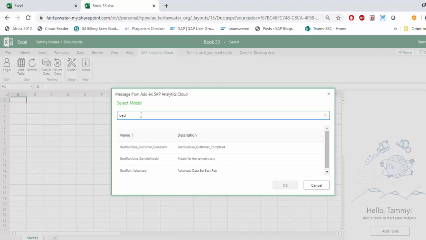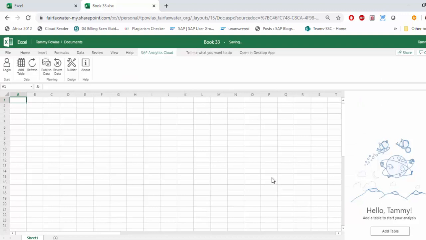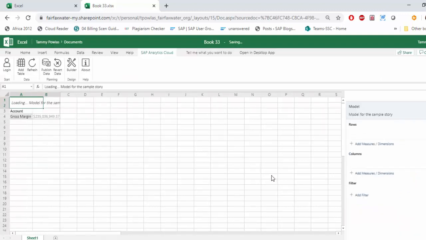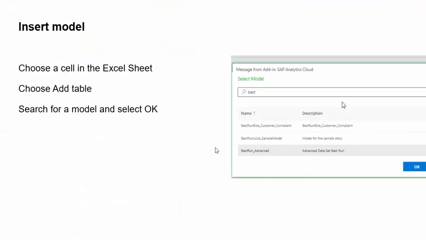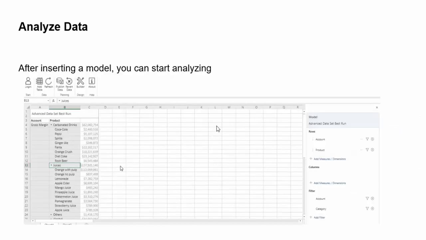Search for best, and these should be in all SAP Analytics Cloud tenants. So now I can start beginning my analysis. You can add rows and dimensions as you like. You can change the view by adding or removing dimensions and rows in the panel. To do so, you would just choose add measures and dimensions